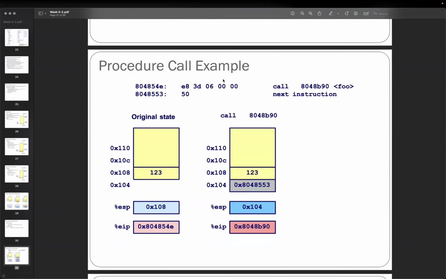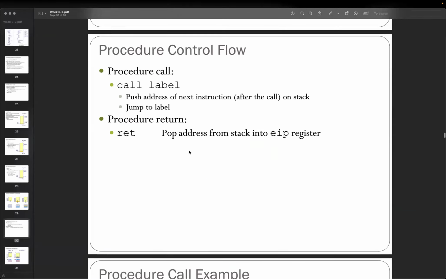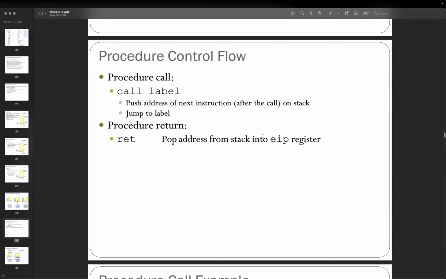So here's one example. If we initialize with 108, and suppose the next one will be 104, right? We know the ESP is pointing to the current one, so the top is 108. And then the EIP, that's what we say right here, the register we're going to pop